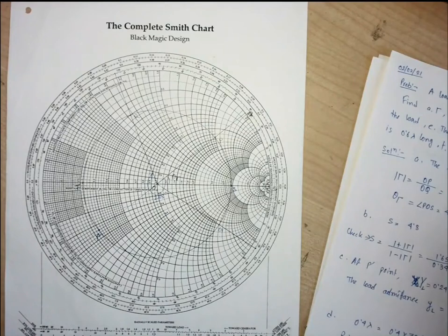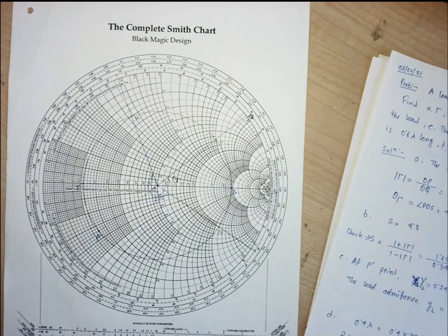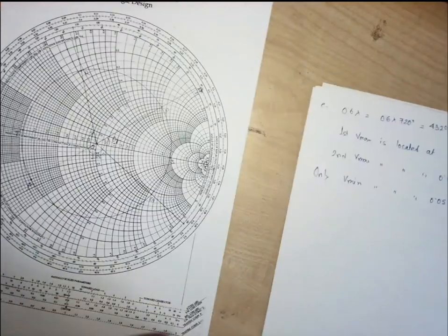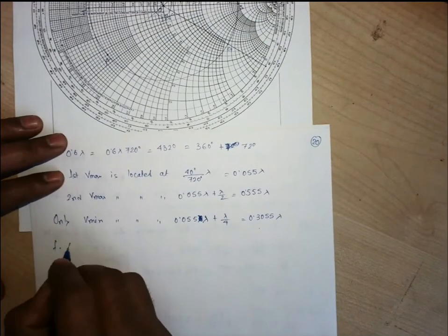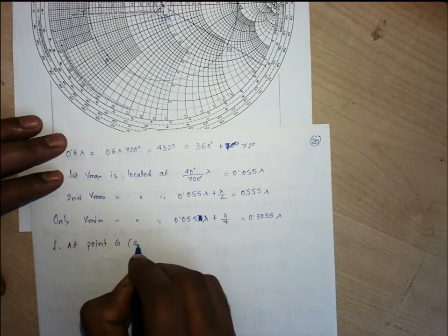Because while we have moved a distance of 0.6 lambda, according to the question, we can find out Vmax and Vmin. We have already found those values. Now at this location, while we have rotated a distance of 0.6 lambda, we are right now at the generator. At this location, we need to find out the coordinates that will give you the generator. I just missed out that one. So at this G point, we need to find out the coordinates at point G, that is at the generator end.